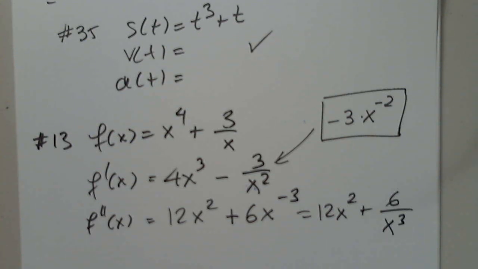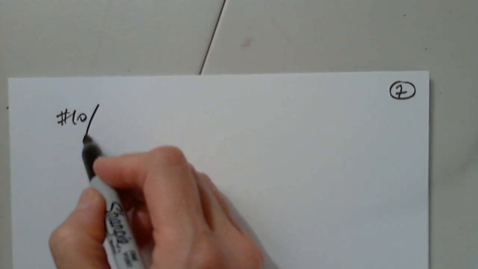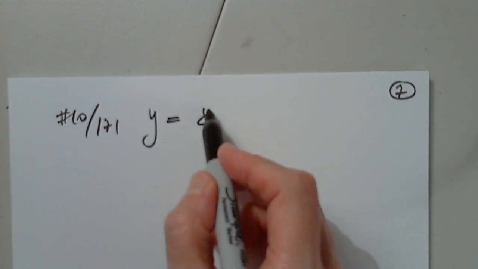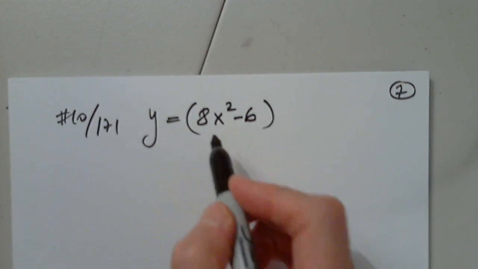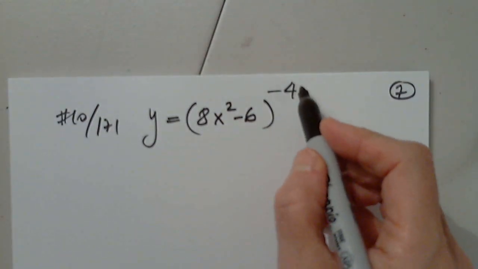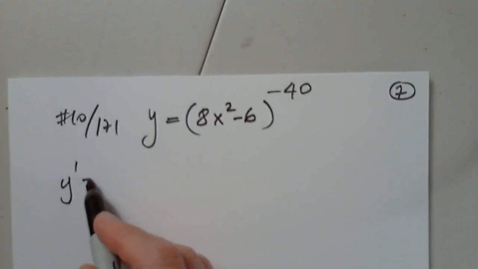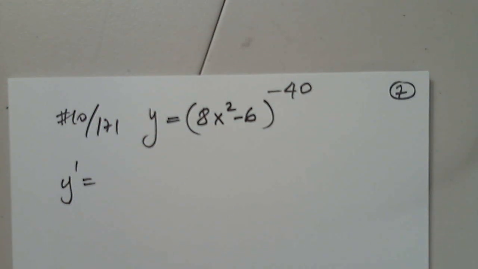Okay, so here I also have 10 on 171. Let's see what that was. 10 on 171. Yes. So y equals 8x squared minus 6, everything raised to -40. We're asked to find y prime. Differentiate or